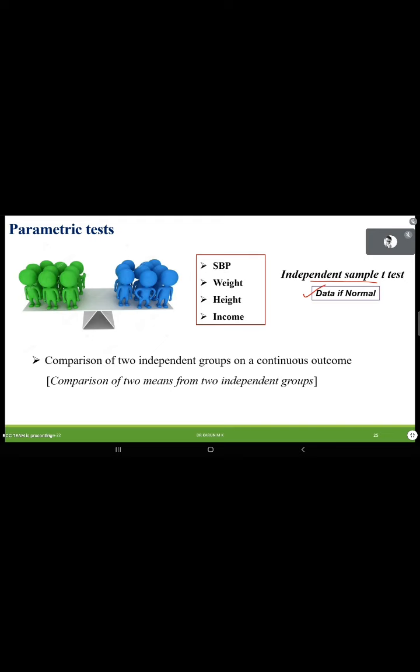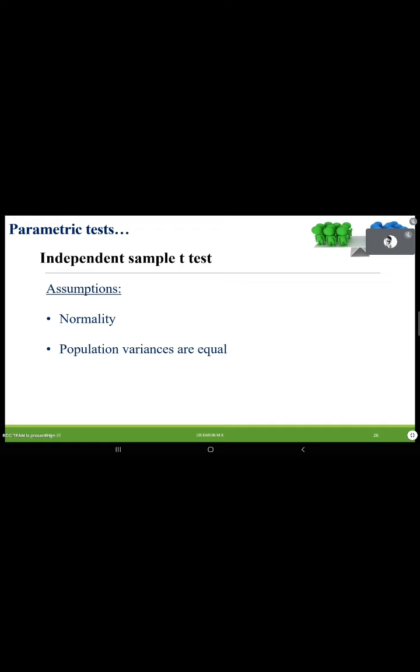Okay. So independent sample t-test, as I mentioned, is a parametric testing procedure. What is the main assumption? Data should follow normality. Only then can we use the independent sample t-test. What is the meaning of that? When you plot a histogram for the first group, data should follow a bell-shaped curve. Here also data should follow a bell-shaped curve. Then you can say data follows normal distribution.